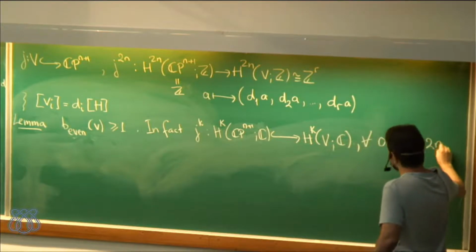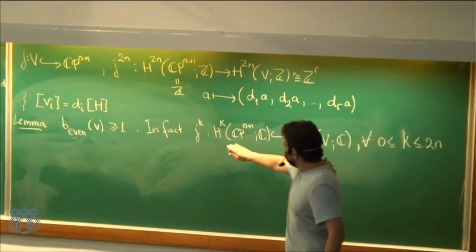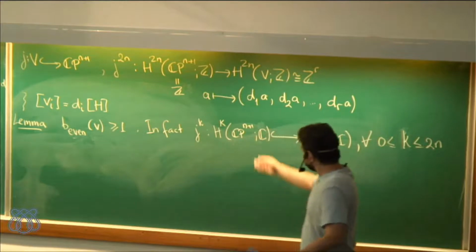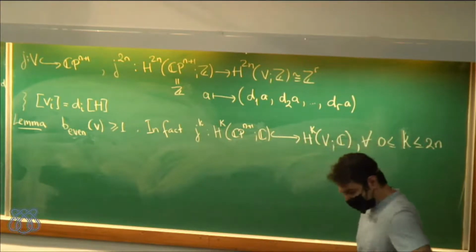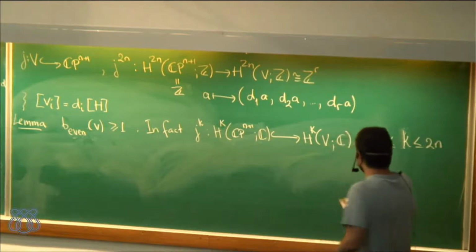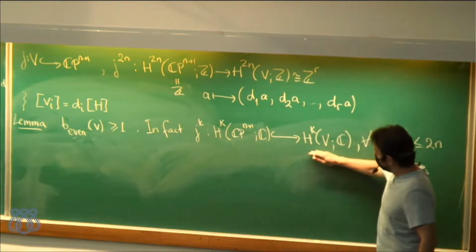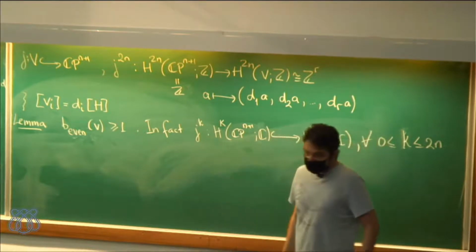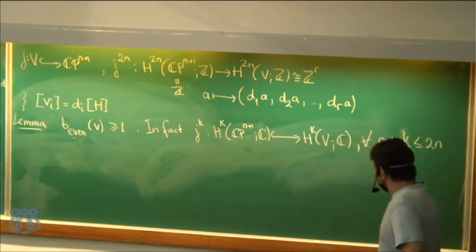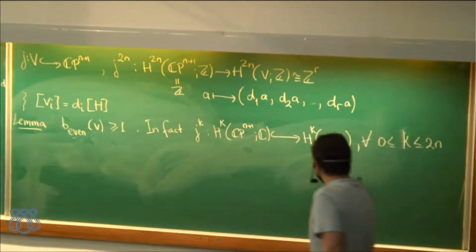From 0 to n, so in all degrees. Of course, in odd degrees there is nothing really to prove because the left-hand side is 0, but otherwise this really tells us that the corresponding Betti numbers of V have at least as much as those coming from the projective space. So this is, again, very easy because